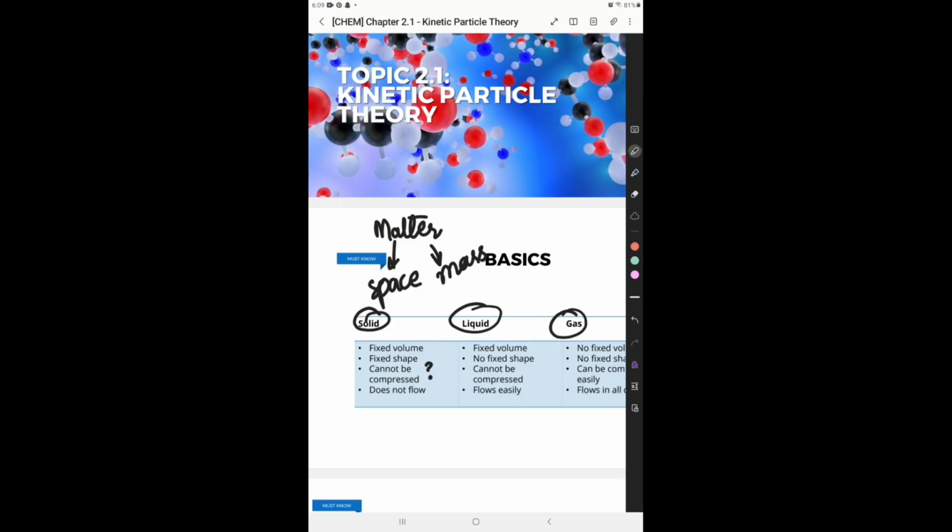And liquid has a fixed volume, okay, but it doesn't have a fixed shape. As you guys have observed, when we use a conical flask and when we use a measuring cylinder, the shape of the water changes. So obviously liquid does not have a fixed shape, and it cannot be compressed because its atoms are slightly together, less than solids but more than gases. That's why they cannot be compressed either, and they can flow easily because of the much easier and more laid back arrangement of the atoms.